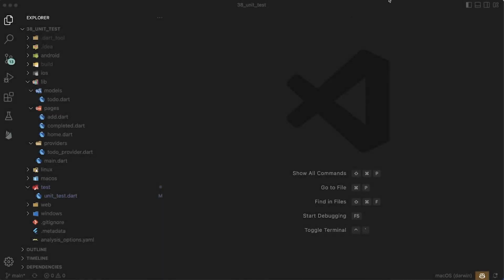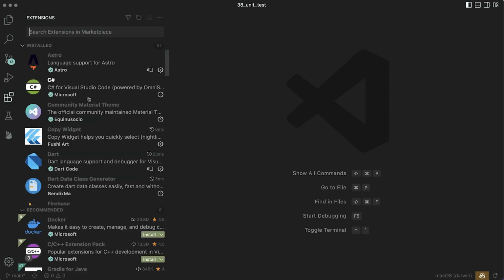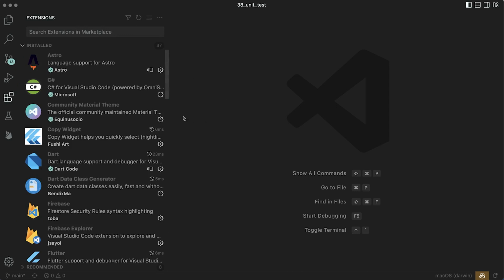So as we've been going through this course, you might be wondering how I got my VS Code to look and act how it does. Well, that's why I really like VS Code, because you can customize it so much. And the way you do that is by going through and adding some extensions. So I thought I'd walk through all these extensions and show you how I got my VS Code looking and